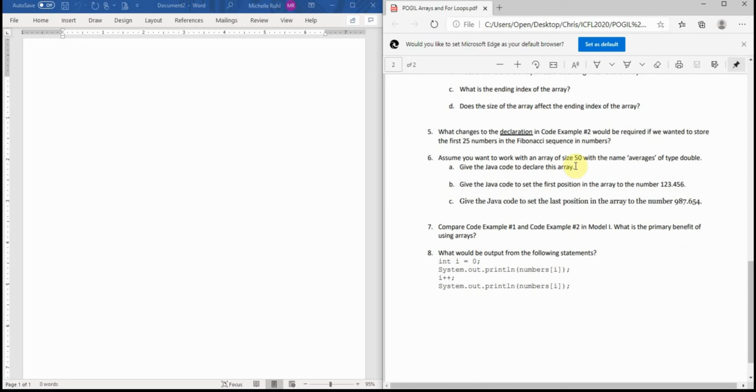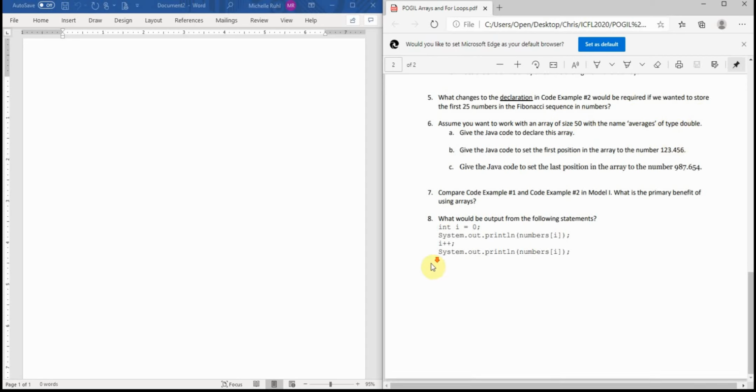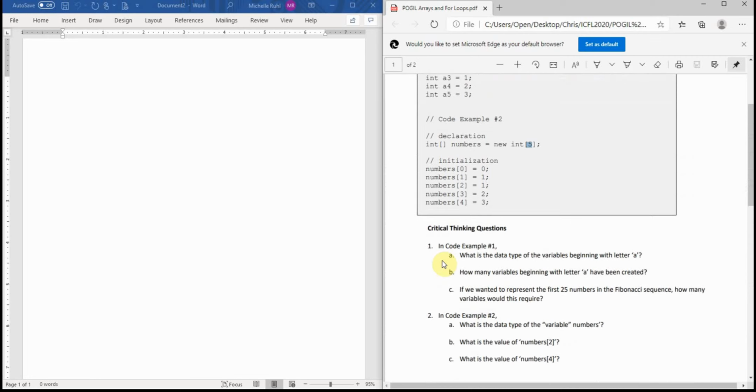Assume you want to work with an array of 50 with the name averages of the type double. Give the Java code to declare this array. So keep in mind, I'm going to scroll up so it won't be there, but keep in mind 50 averages, double. So what we're going to do up here, and I can do this over here,